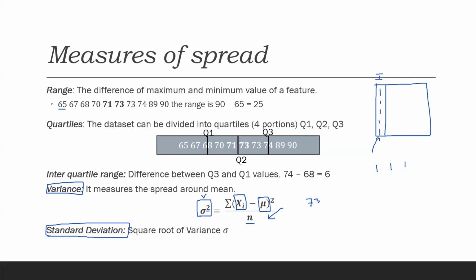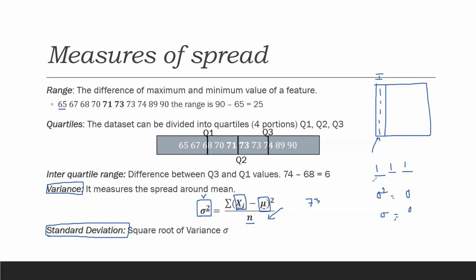Let us say there are 100 ones. So the average will be one, the center point will be one, the mode will be one. Okay, what happens to my standard deviation? 1 minus average 1 will be 0. So my standard deviation and the variance will be 0. Agree or not? 1 minus mean is also 1, 1 minus 1 is 0. So there is no scatteredness in the data.